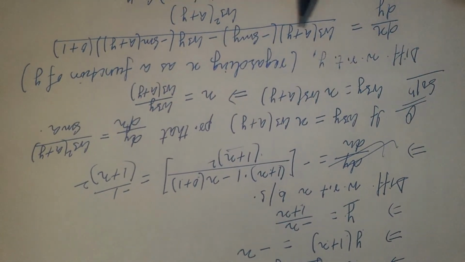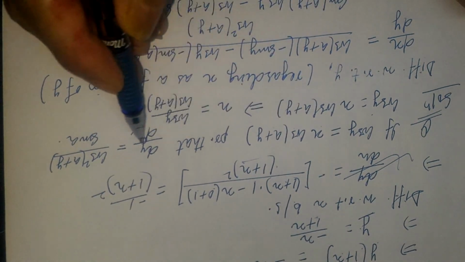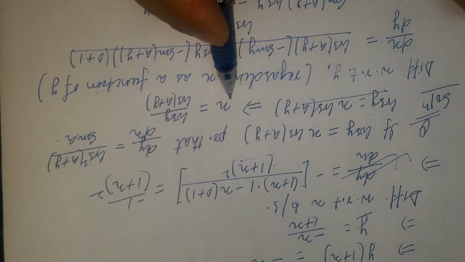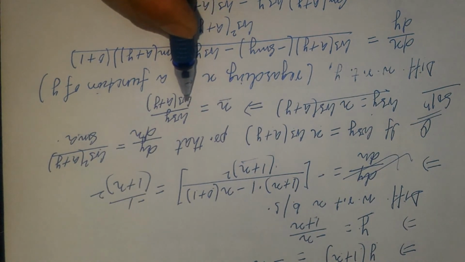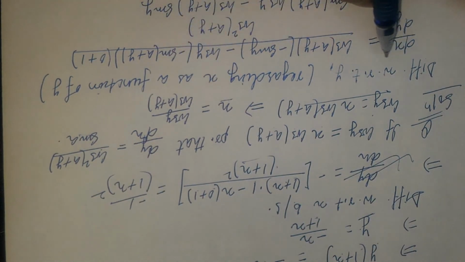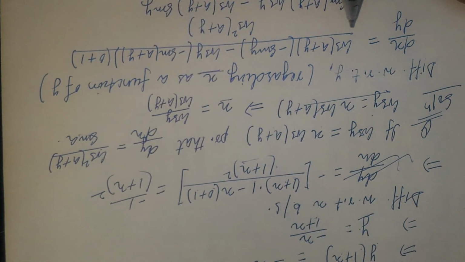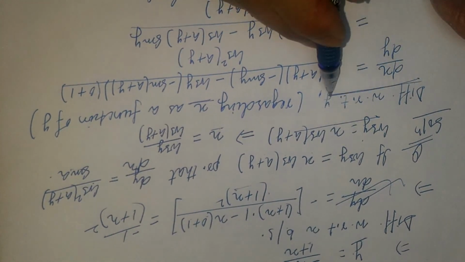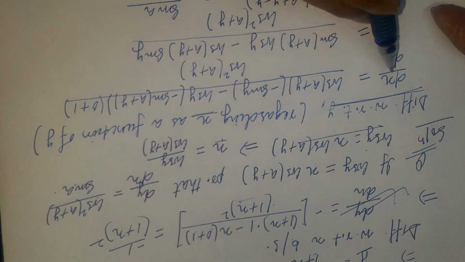Now another example: if cos y equals x cos(a plus y), prove that dy by dx is cos square (a plus y) by sin a. So now we can write x in terms of y. This is one way: if we can express x in terms of y or y in terms of x, we can do that. So now x has been separated, so we can regard this as a function of y. So x is a function of y, as we have discussed earlier. Now we'll differentiate with respect to y both the sides. So for x, the derivative of x with respect to y is dx by dy.